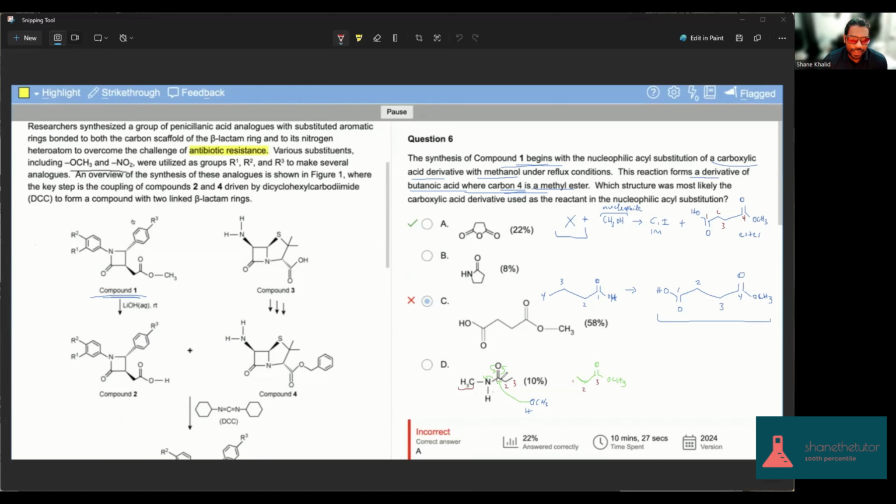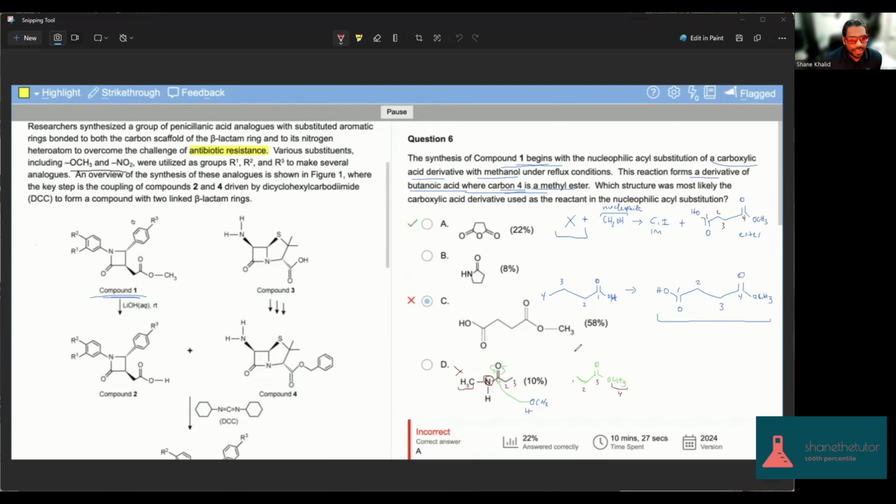We only have a three carbon chain here, at least. I guess in total, if we count this, it would be four carbons, but even if it did have the right amount of carbons in a chain, the nitrogen should be in our product over here. So we don't have a nitrogen in our product, so this can't be it. And for the same reason, choice B can't be it.